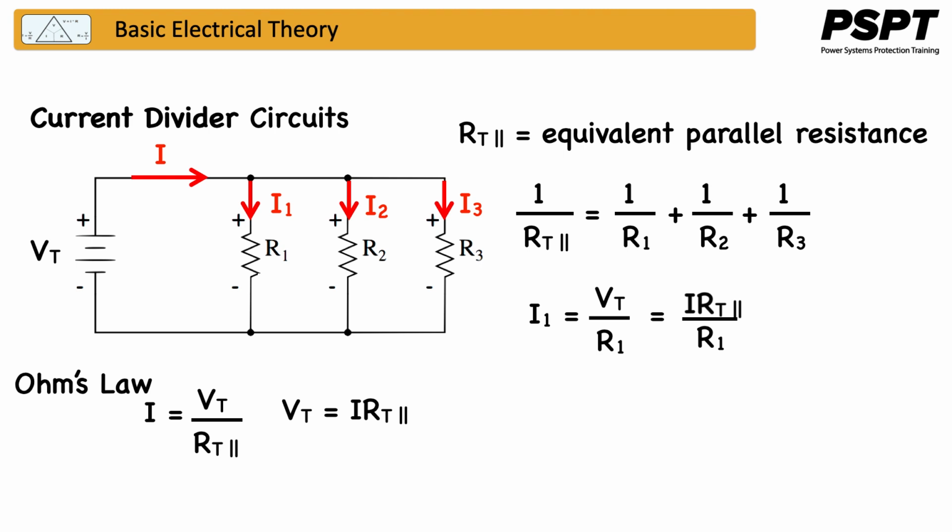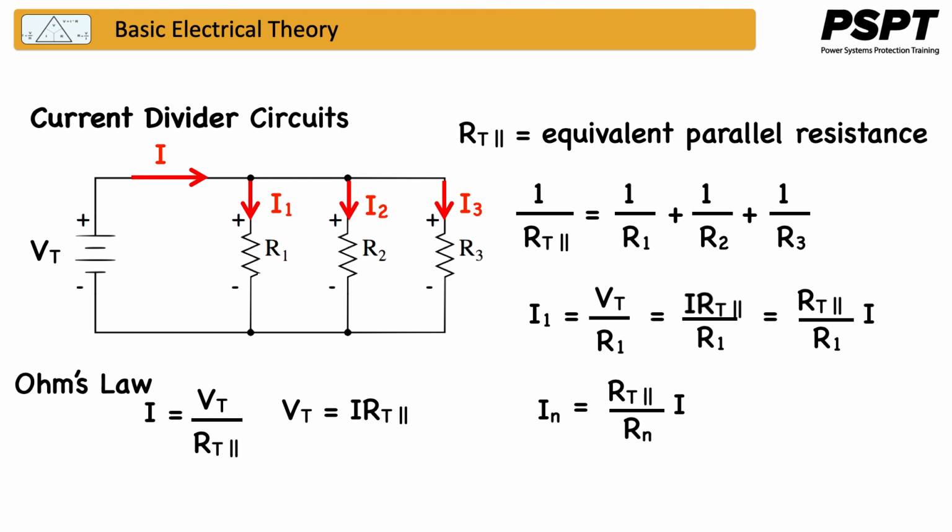This tells us that we can calculate the current flowing in R1 if we knew only the resistance and the total current flowing through the circuit. The current flowing in R1 is given by multiplying the ratio of the equivalent resistance divided by R1 times the total current. We can generalize this equation by calculating the current flowing in any of the parallel combinations by dividing